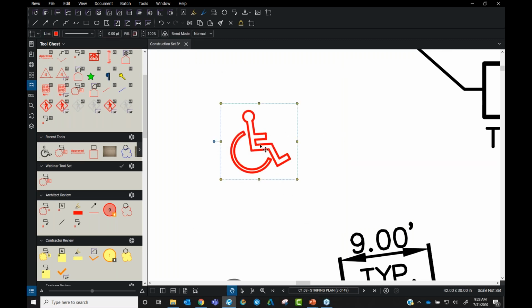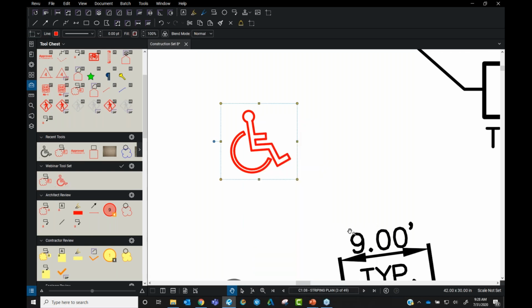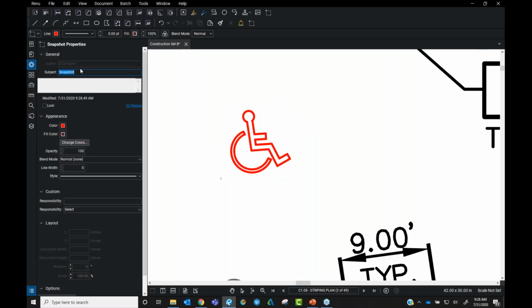Okay. I can go ahead and utilize this as a tool now. So I right click, add this to my tool chest, and I'm going to place that right in my webinar tool set. So there it is. Now it would be a good idea for me to go ahead